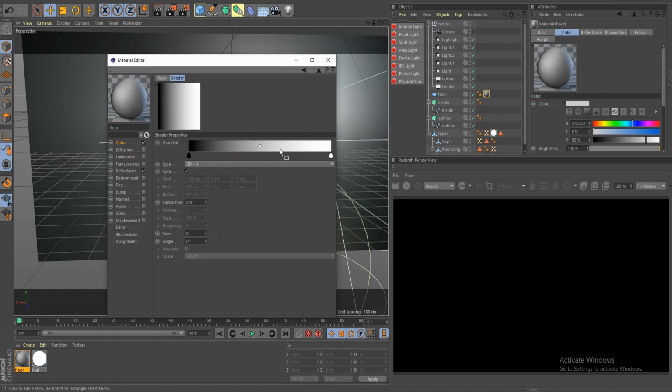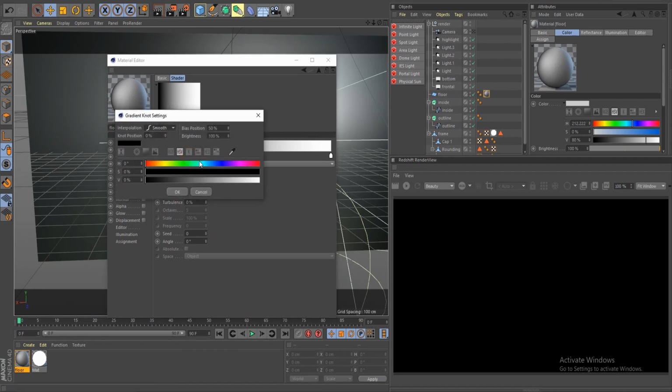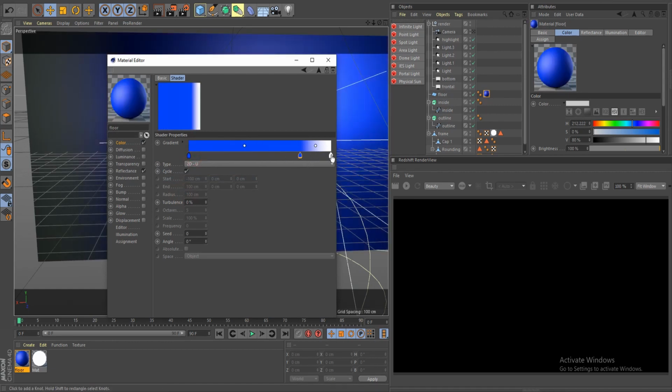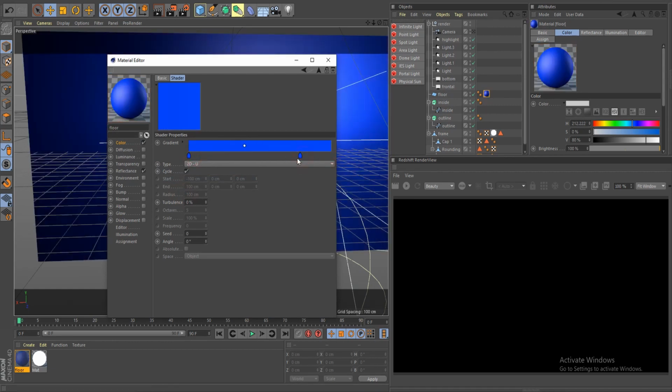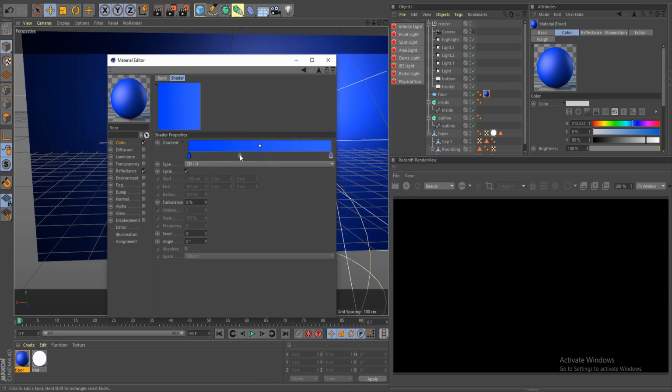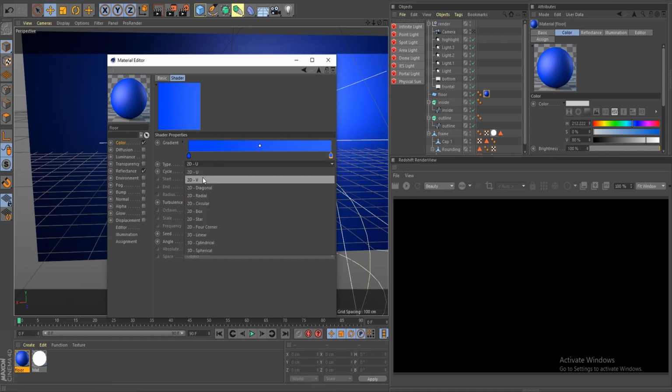For the colors itself here, you can do anything you want, so I'll do maybe dark blue here, and I'm just going to copy this color, delete the white, and let's maybe make it a little bit brighter, and we're going to have a nice fall off, and we just have to change it to 2dV, so it goes up and down,